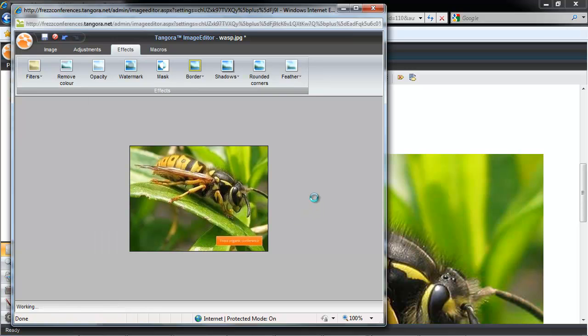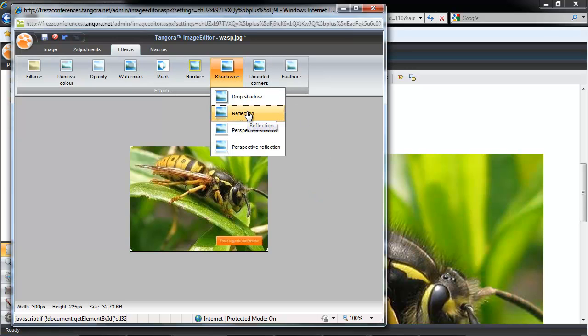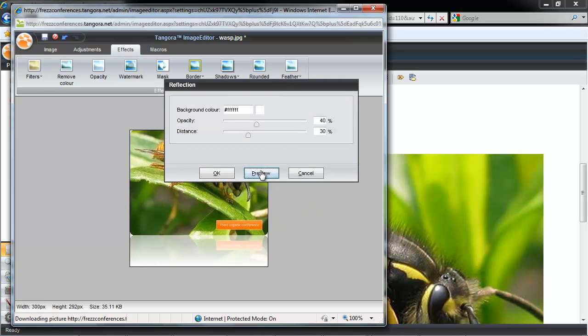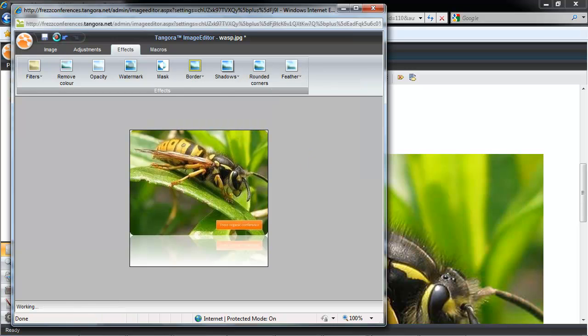And another thing you could do here is add a shadow, and under this category are also various reflection effects as well. Here, note that your image is actually resized as a part of the process. Now I could save my image at any given time, and the window will close and the image will appear